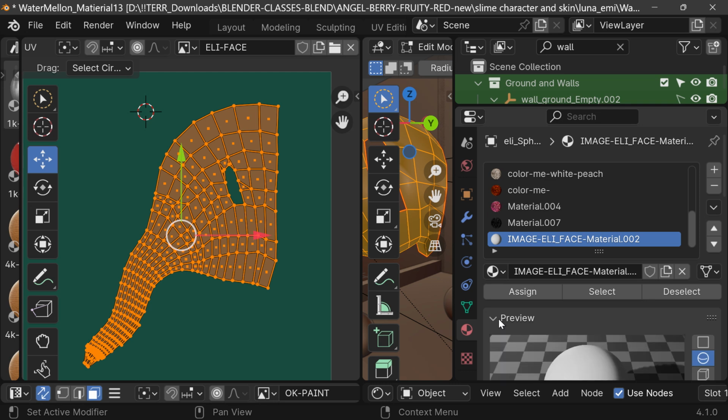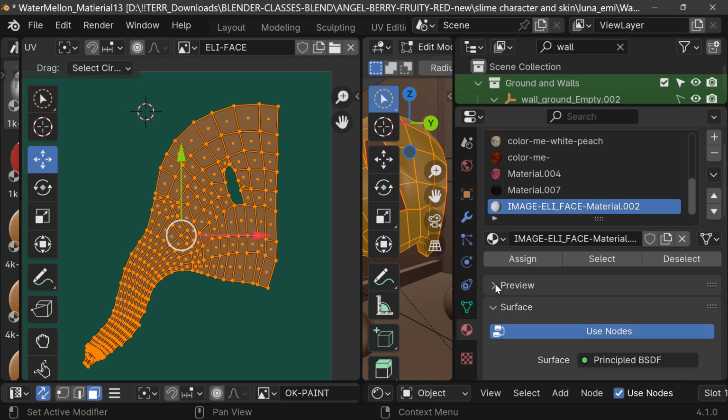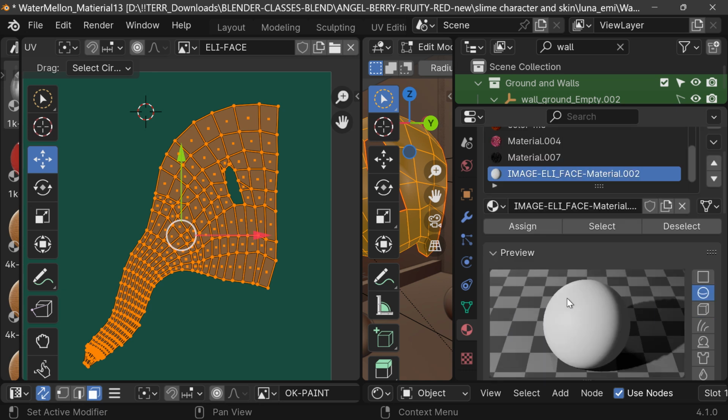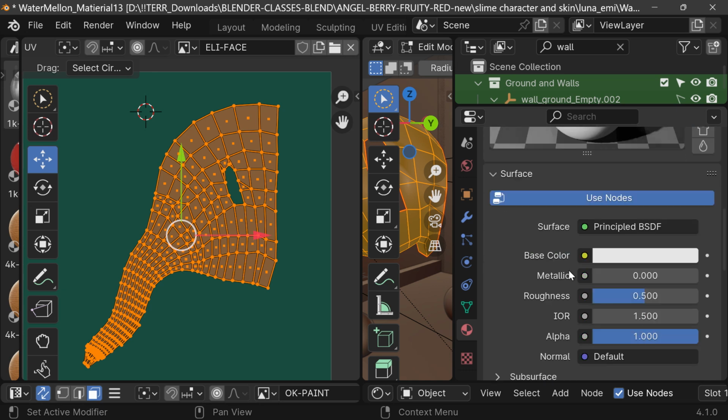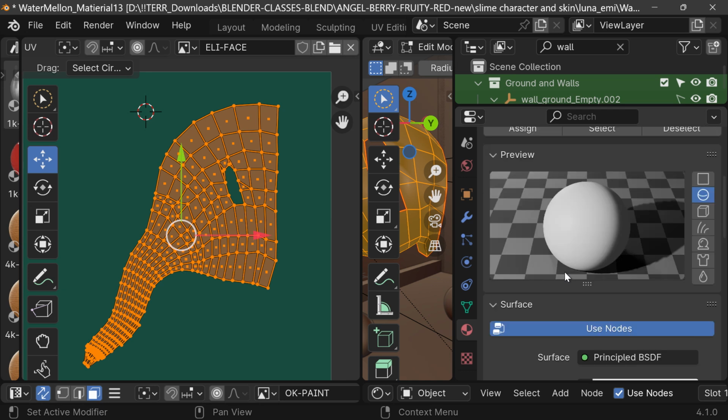Now we can see a preview of the material here. If we twirl this down and come down even a little further, and it's not showing over here, and it just kind of comes in